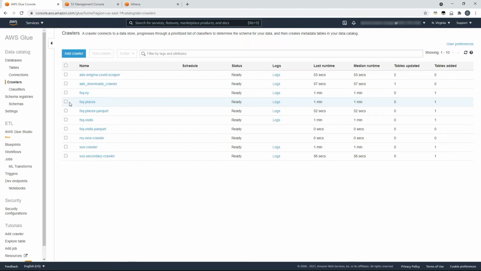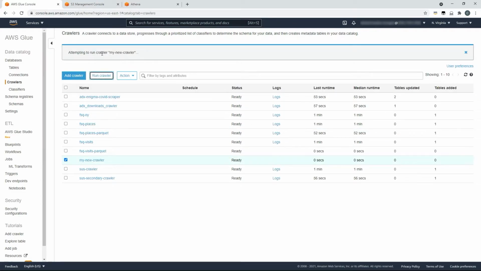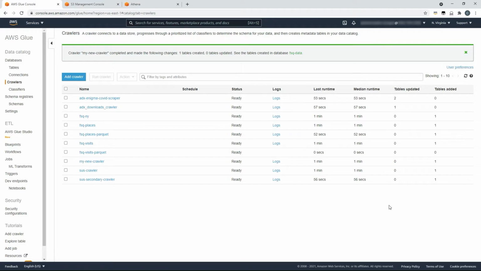Once that's done, we'll find our crawler, which was my new crawler, and we'll run that crawler. Once your crawler is complete, you should see a green banner at the top of the page notifying you of completion and letting you know any changes that it's made. As you can see in this example, it created a table for me and took approximately 1 minute to run.